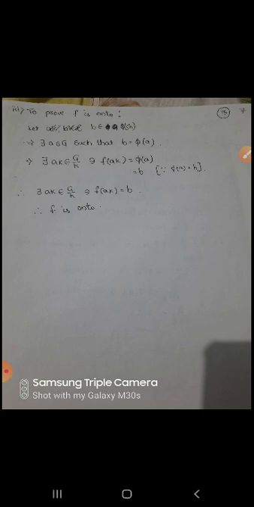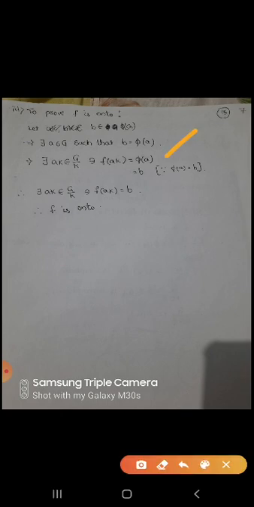So next, the third one, to prove f is onto. Let b belong to phi(G), so there exists a belongs to G such that b = phi(a). That implies there exists aK belongs to G/K such that f(aK) = phi(a), and phi(a) = b. So therefore there exists aK belongs to G/K such that f(aK) = b. Therefore f is onto.